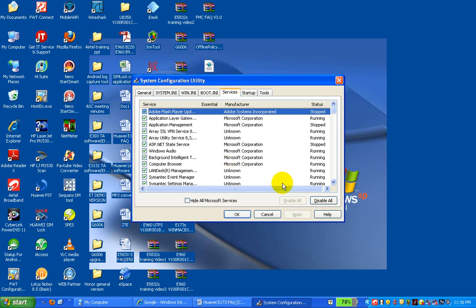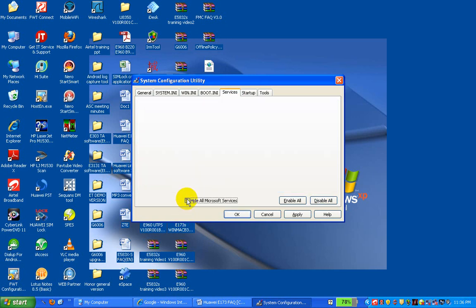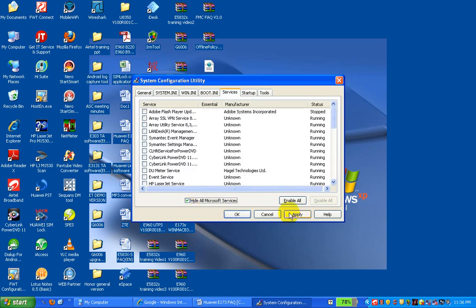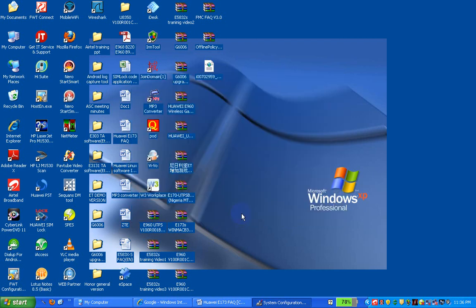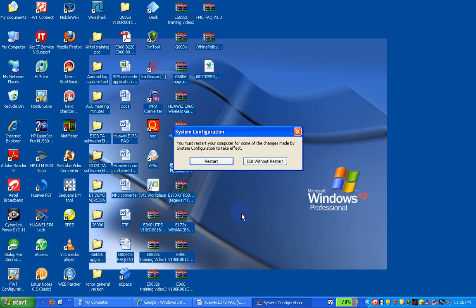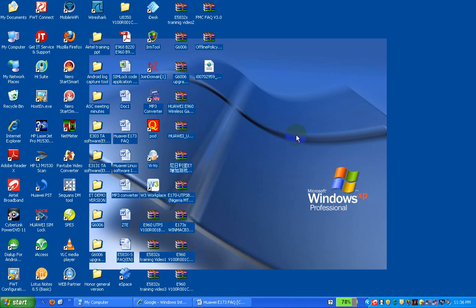So now you click disable all, you hide all services, you click apply, and you click close. With this point, everything here has been disabled, so your laptop will be restarted. But let me close that. Let me not perform that. That will be restarted. So as soon as you perform that, when you plug your modem, if it's still freezing,